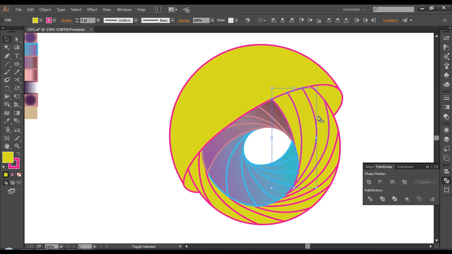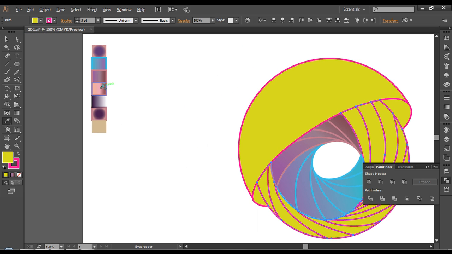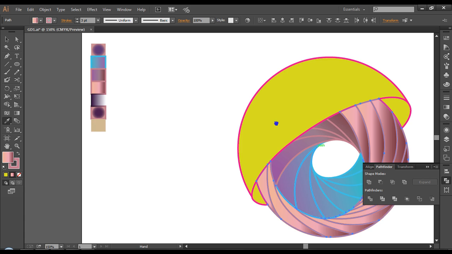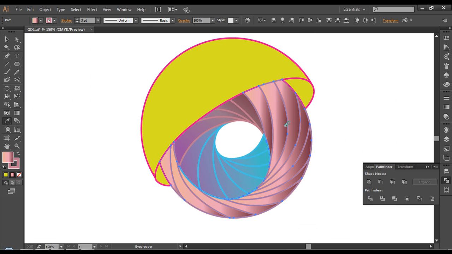Now next, selecting all the rest of the pieces. Select all the rest of the pieces like this, and with the eyedropper we'll select this color. This time I think we need to do individual adjustments because it's working very differently.